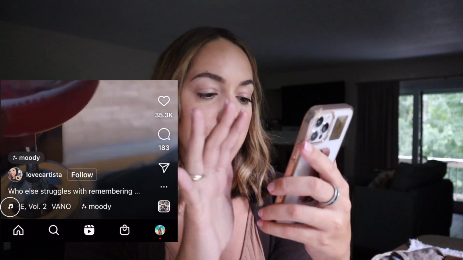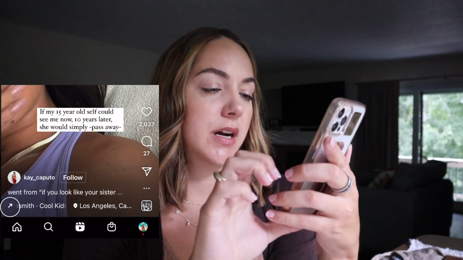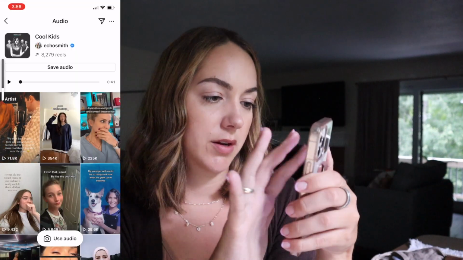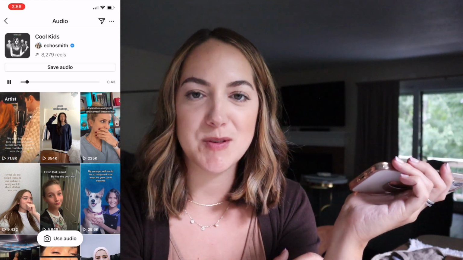That's not an arrow there. So let me scroll until I find an arrow. So this one has an arrow on it. So what you're gonna do is you're gonna click on that. I'm gonna turn my volume up to hear it. I'm gonna click play. And some songs you might hear, you can just put to any clips, but some also,